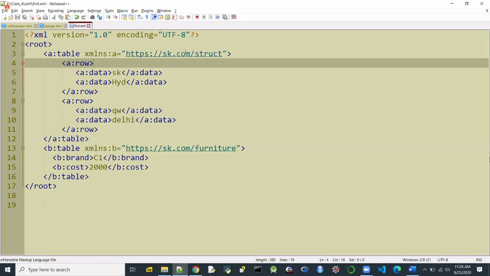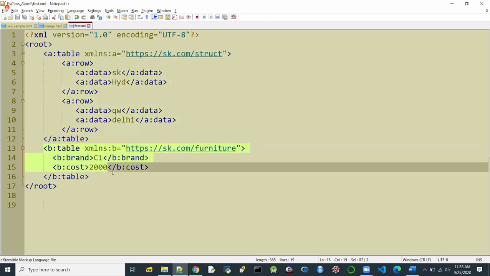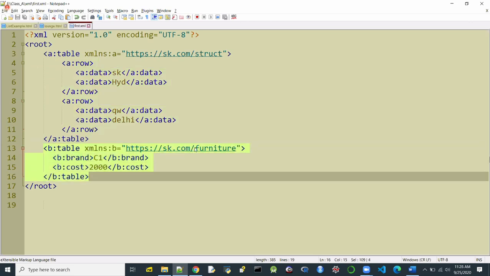You are saying that this document contains information about all these elements, row element, data element, or whatever elements. The information about the names of this namespace is found in this document, and the information about these names is found in the other document.